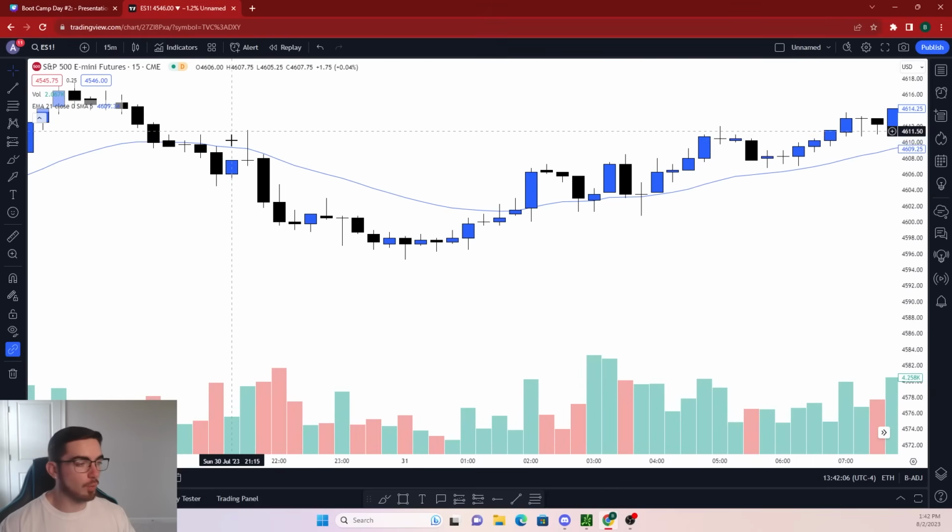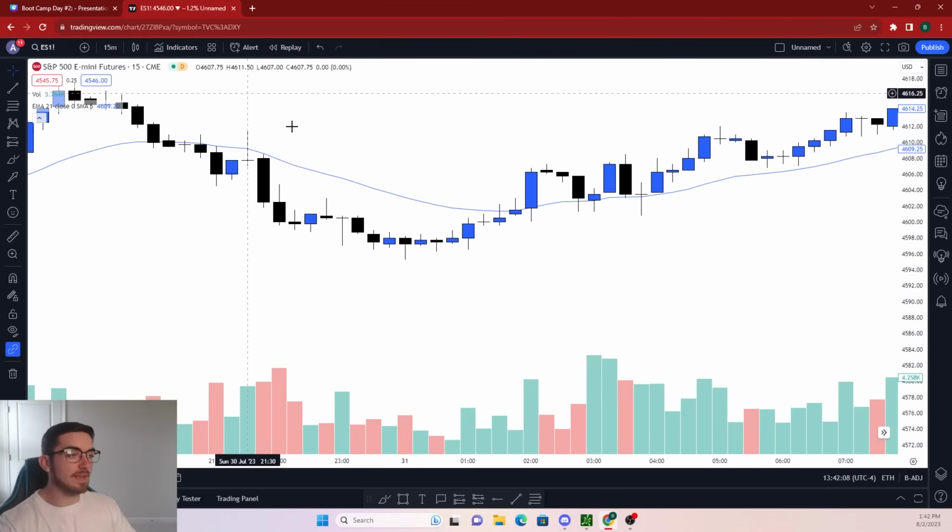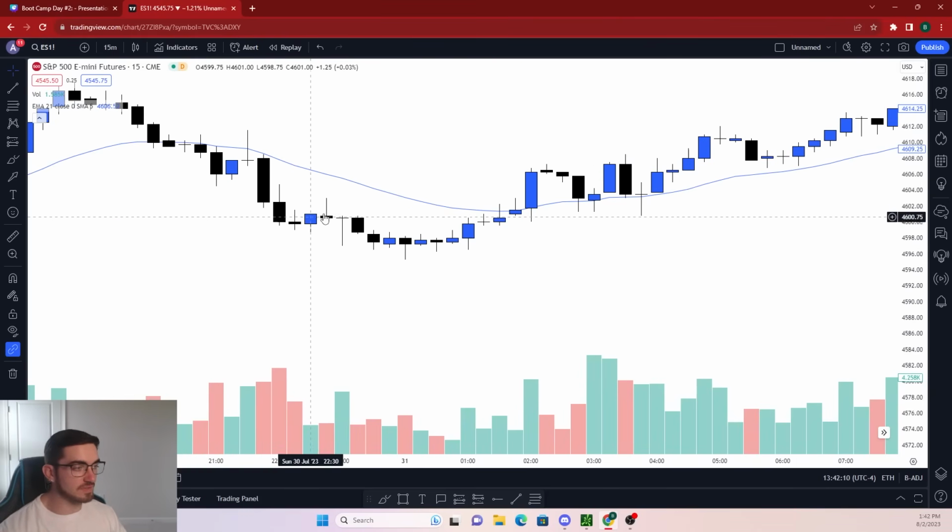Here's a really good example in the overnight session on ES. As we see, price starts dropping to the downside. And then all of a sudden we get a dragonfly doji with very nice volume right here on the 15-minute time frame. Again, that is not always going to confirm an entry right away, but as you continue to watch